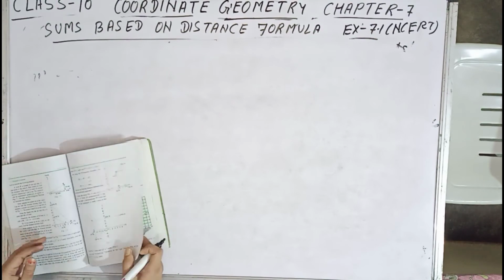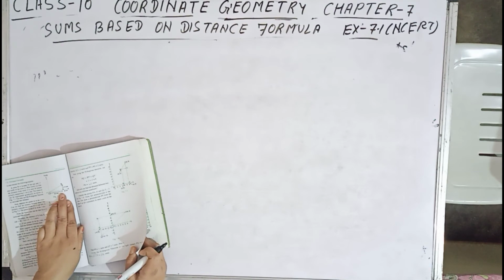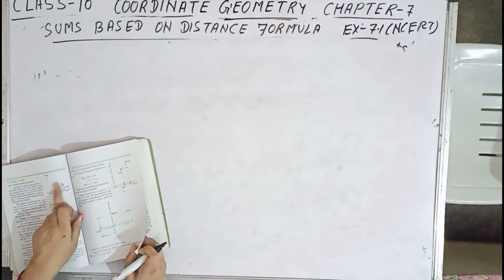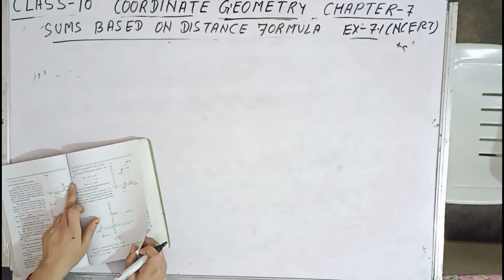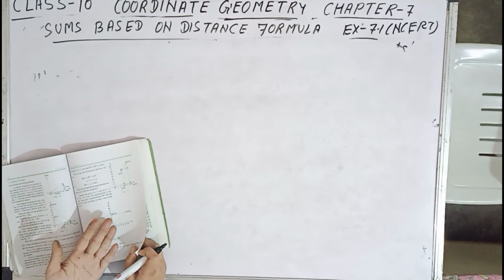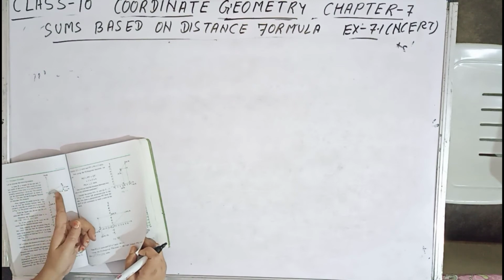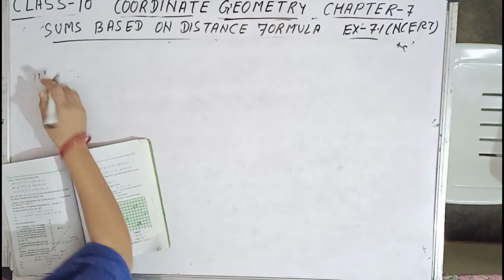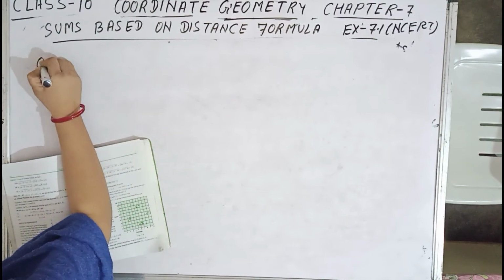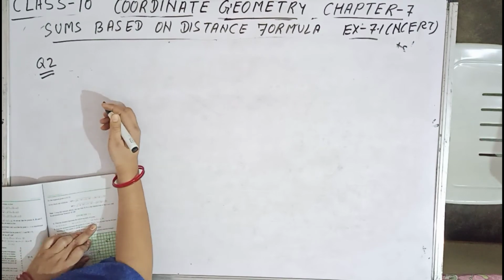So over here in 7.2, an example of two towns is given, town A and town B, and town B is located 36 km east and 15 km north of town A, and we have to find the distance between the towns A and B. Here it has been calculated directly using the Pythagoras theorem. We can find it using the distance formula if we know the coordinates of point B and its perpendicular. Nothing to worry, directly we can do it over here. Question number 2 is saying find the distance between the points (0, 0) and (36, 15).